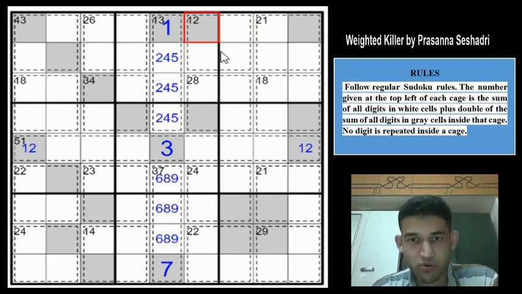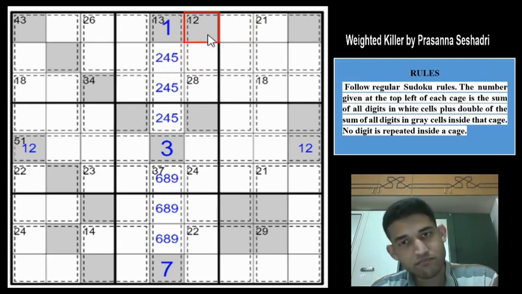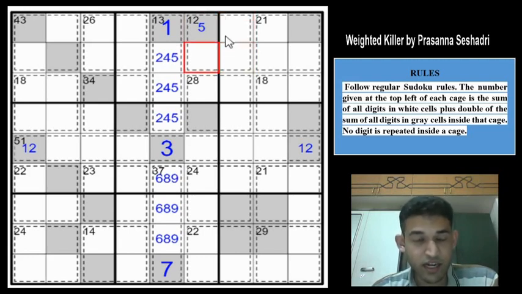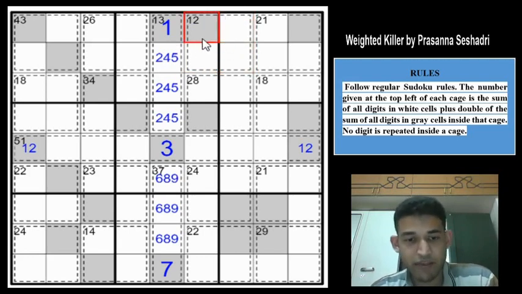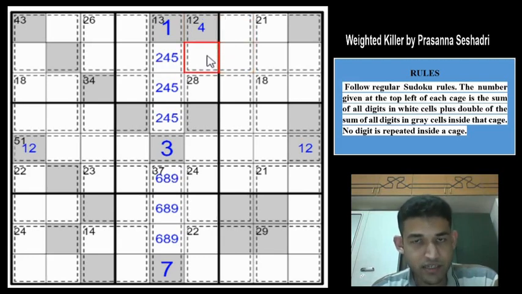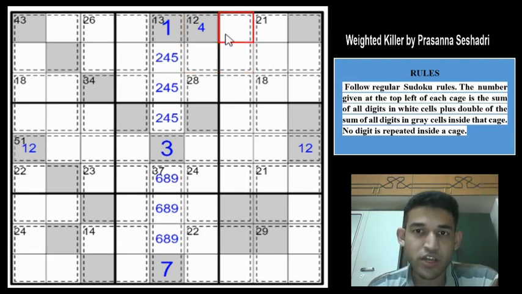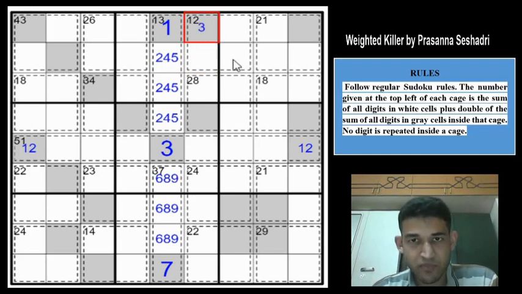So however, let's prove it. So let us assume what value comes here, right? Can we have maybe 5 here? 5 becomes 10, and then we need 6 more from these 3 cells, which is impossible. Can we have a 4? We have an 8, and then we need again 4 more from 3 cells, which can't repeat. So the minimum value you can get from 3 cells which can't repeat is 6, so you can't have a 4 as well. Can we have a 3 here? So 3 becomes 6, and then we need to have 6, 1, 2, 3 to satisfy the 12 total. Again we have to repeat the 3, so 3 is also not possible, which means that we can have only 2 in this cell.